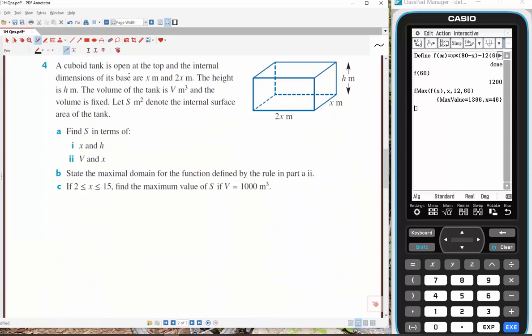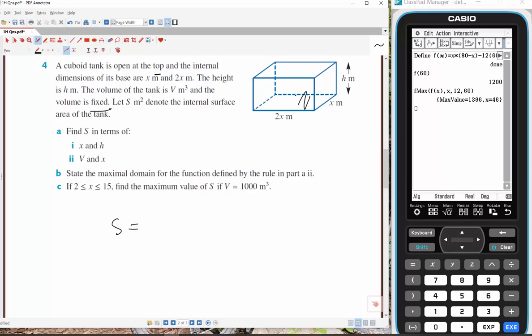The cuboid tank is open at the top. The internal dimensions of its base are x and 2x, and the height is h. The volume of the tank is V meters cubed, and the volume is fixed. S meters squared denotes the internal surface area. So let's just get the surface area first. It's got an open top, so it's going to be